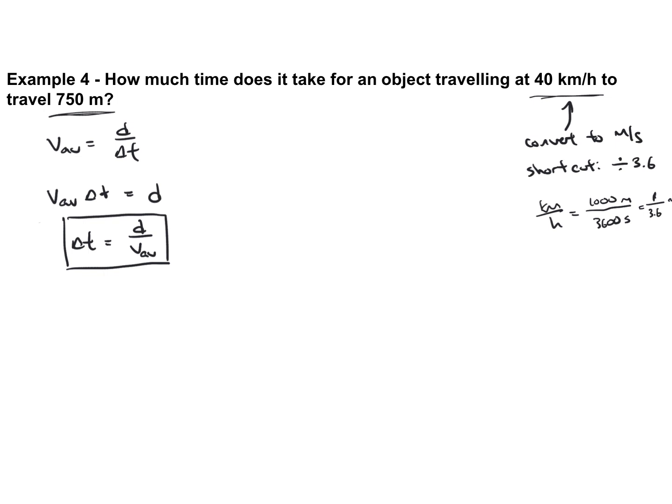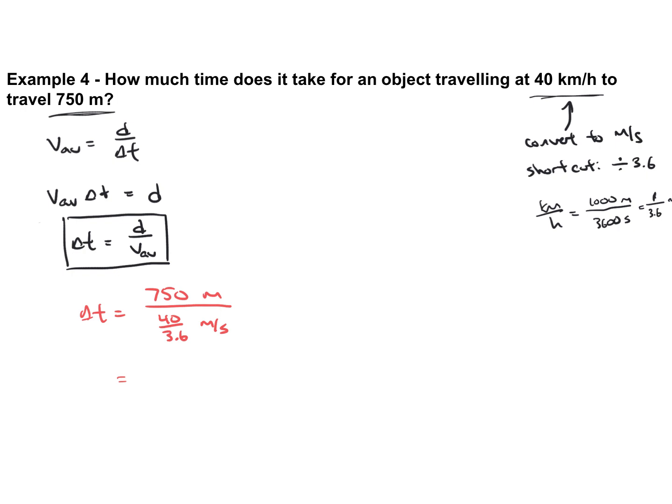Okay, so I can go back to solve my problem now. My time will equal the distance, 750 meters, divided by my speed, which is going to be 40 over 3.6 meters per second. Okay, 40 over 3.6 meters per second. So I'll pop that into a calculator. And that gives me